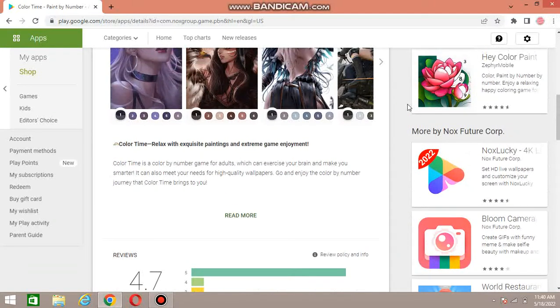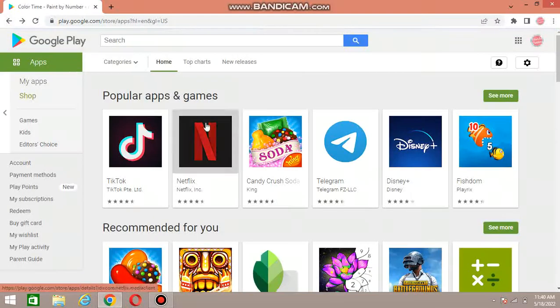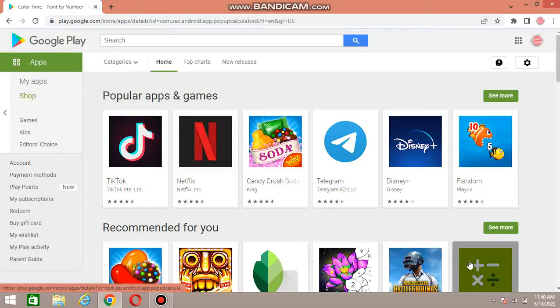Color Time is a color by number game for adults which can exercise your brain and make you smarter. It can also meet your needs for high quality wallpapers. Go and enjoy the color by number journey that Color Time brings to you. Awesome. Let's see another application, and it's